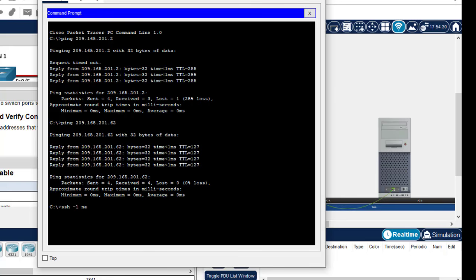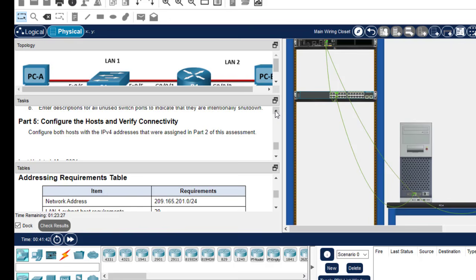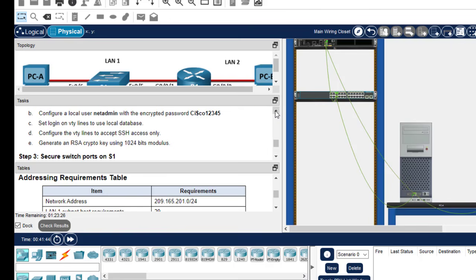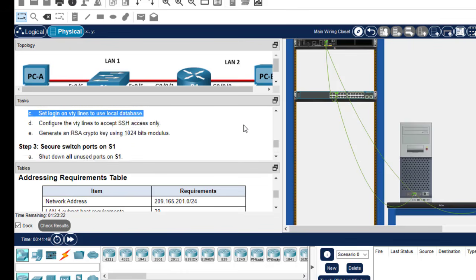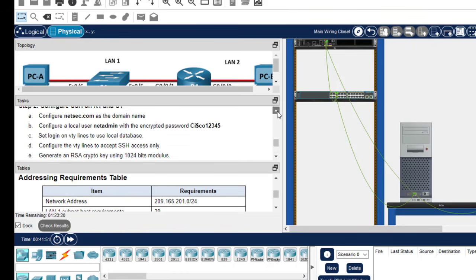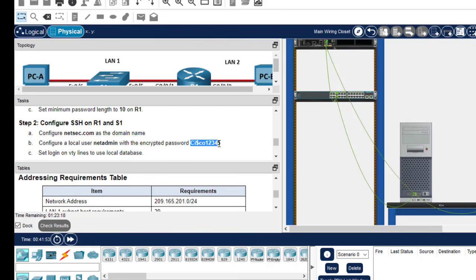We were told that it's NetAdmin, then the IP address of the router or the switch, which for the switch was this one, .2. Hit enter. Password, let me see. The password for the SSH was this one. So I'll copy